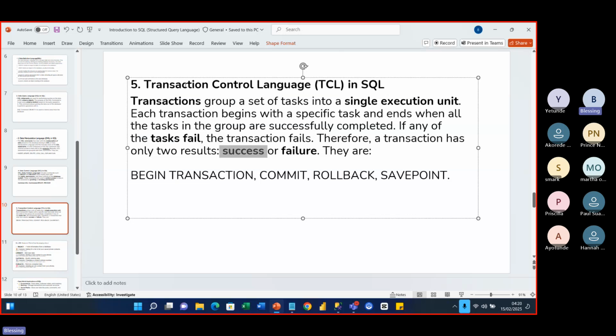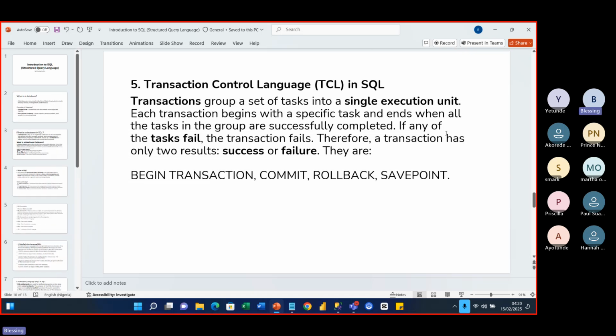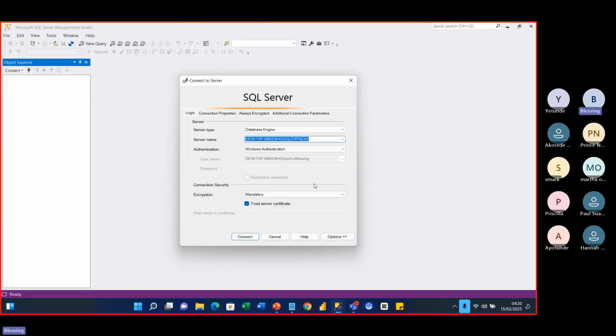Examples of these TCL SQL commands are begin transaction, commit, rollback, and save point. So let's just go straight to the practical aspect on my SQL Server, not MySQL. All right. So the first thing you would see when you open your